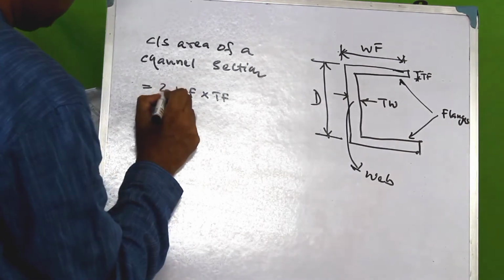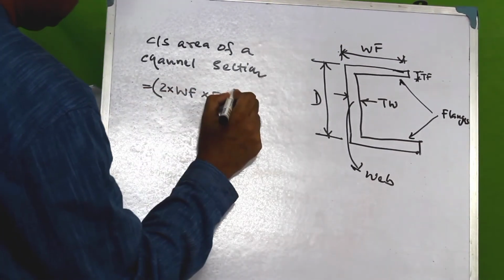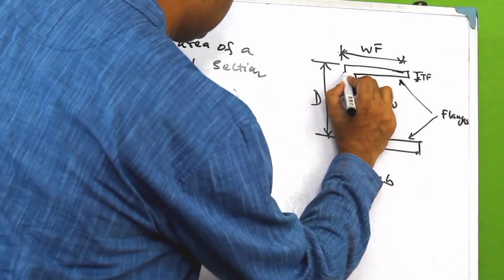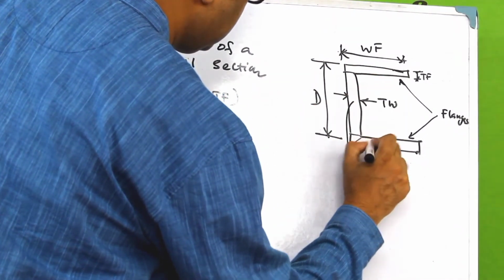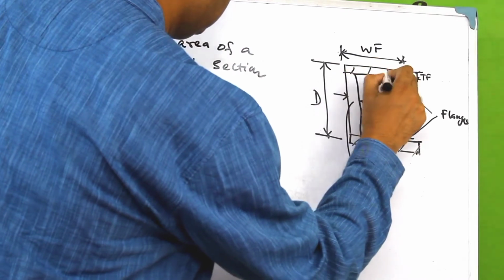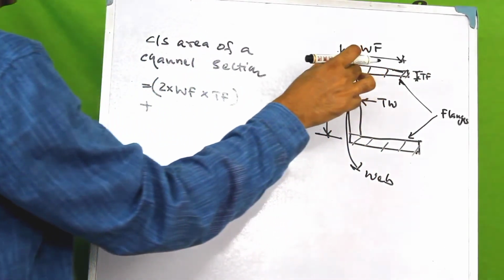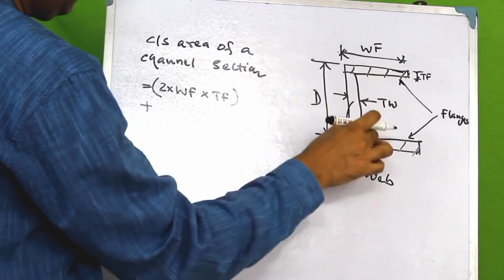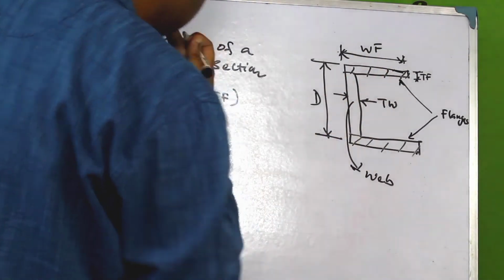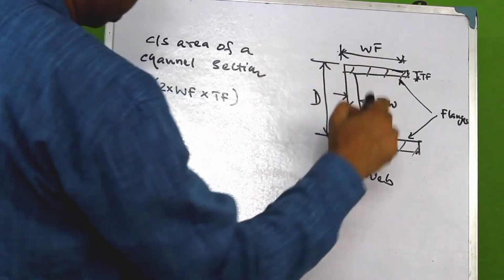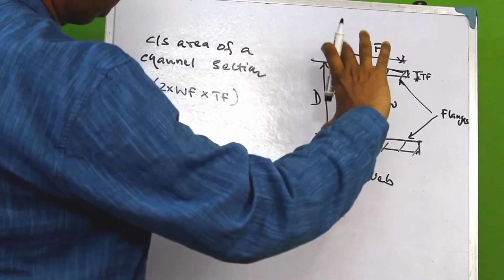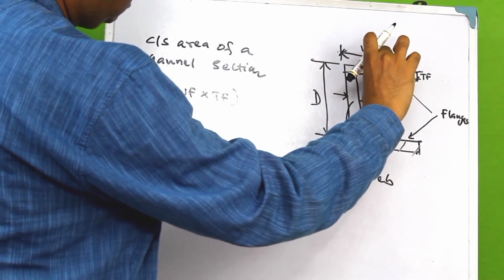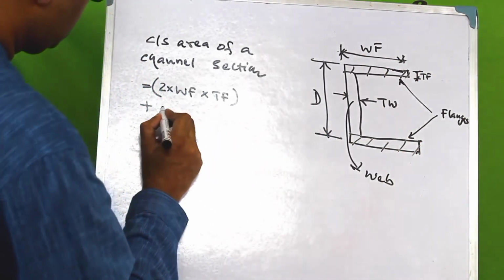So we multiply that by 2 like this, and the other component is the web. Now we have already taken the area of these parts, so only what remains is the area of this part, the web, which is not shaded. So the depth that we have to consider would be the total depth minus the thickness of the flanges of the channel at the top and the bottom. So we will have